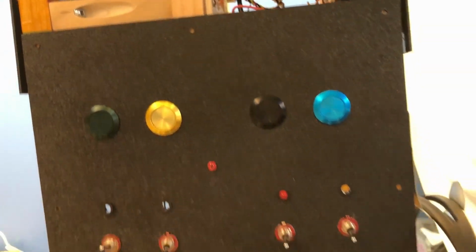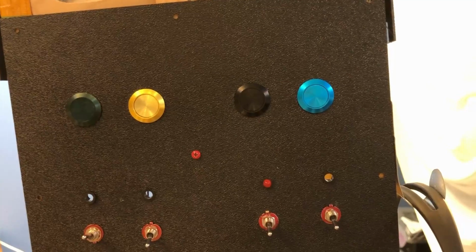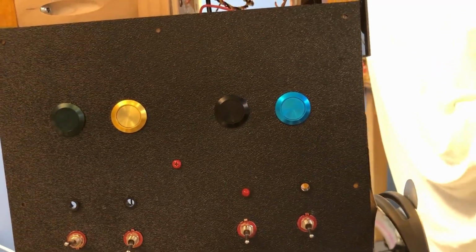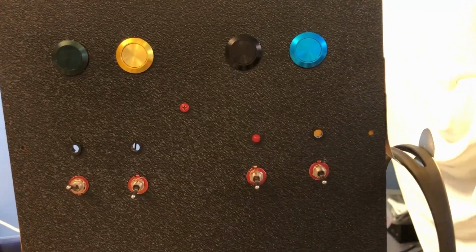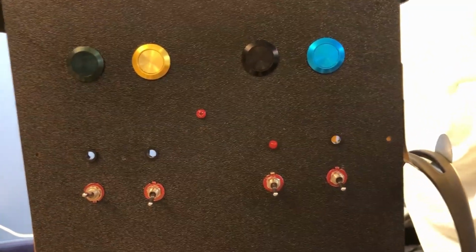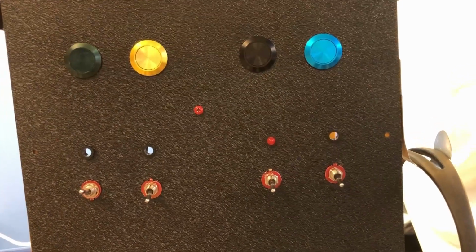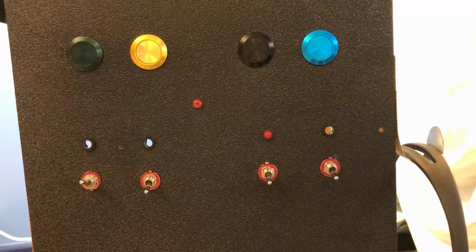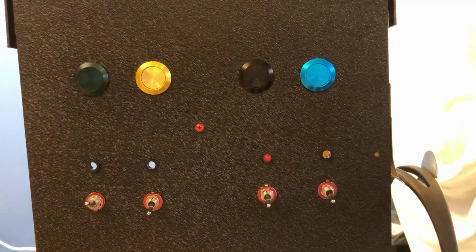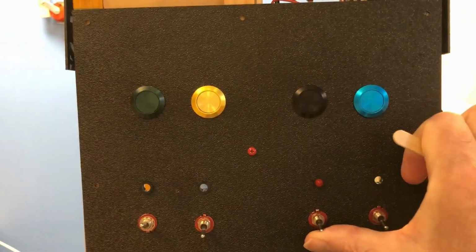Okay, the front panel, it's got 4 push buttons: green, gold, black, and blue. And it's got 4 switches, and it's got holes for 4 LEDs. And I put them all in there. I don't know what I'm going to use them for yet. This one here, though,